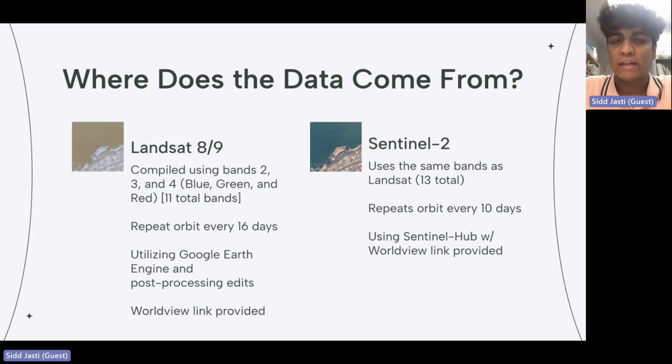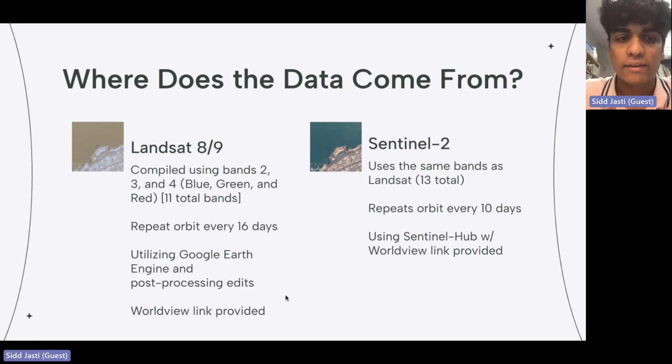So I'm extracting each separate band and layering them on top of each other to produce this red, green, and blue photo. These highlights are really good because since there's two to each mission, they always work on opposite sides of the Earth. So even though one Landsat satellite would take 16 days to go around the globe, since you have two of them, you'll always have a Landsat satellite survey the same area on the Earth every 8 days, which is great because if you have an observation, you'll have a photo within the last 8 days for Landsat and the last 5 days for Sentinel-2.